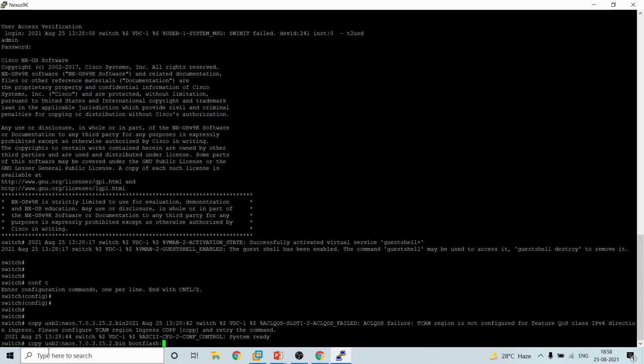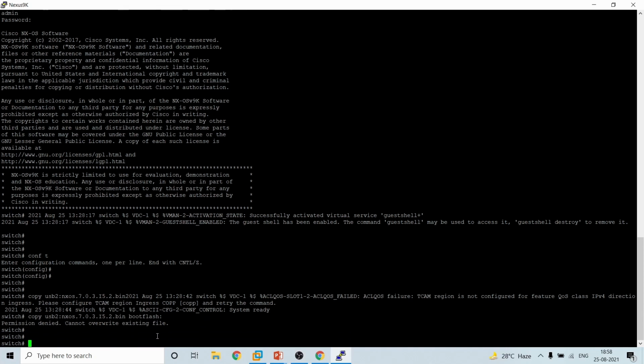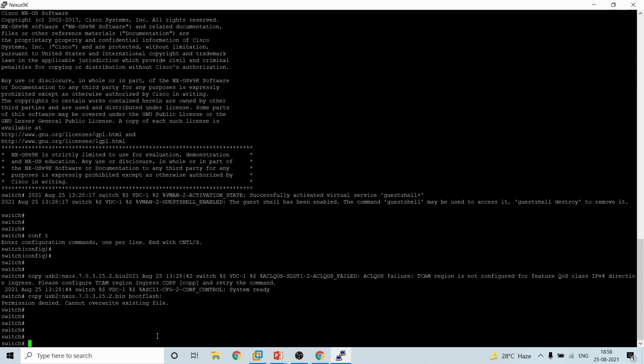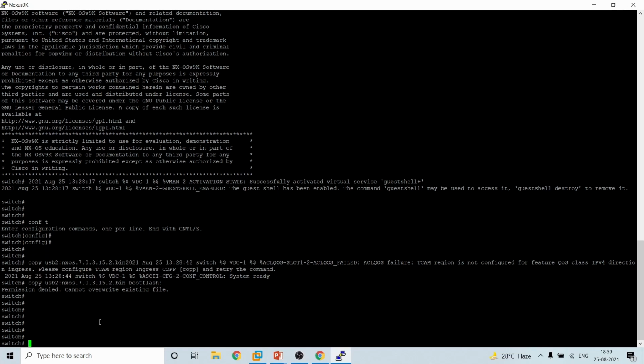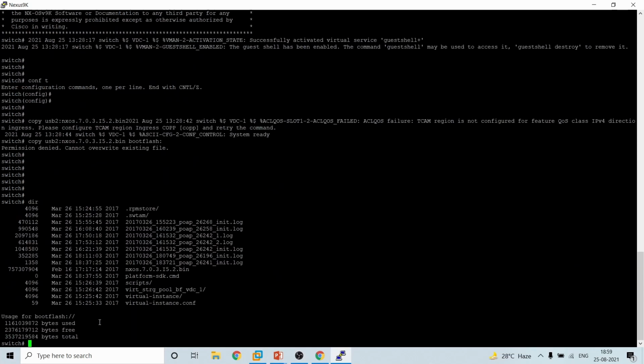The command will be copy usb2: and then bootflash:, so that it gets stored in your flash drive. Once you enter that, the OS will be copied from the USB to your flash drive. We can verify that by giving dir once everything is done. We'll be able to see the Nexus OS here, which means the file is copied successfully.